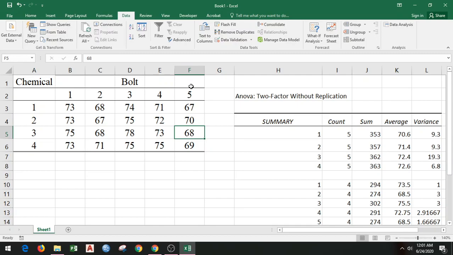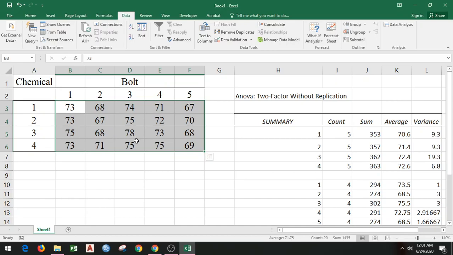So if there is no standard error, there are no differences in chemical agents, there are no variations in bolts of cloth. If we have that situation, that means each time we perform the experiment, we should get the same tensile strength, because there are no variations. So we should be able to repeat the same value of tensile strength in each of the experiments. But that's not the case here. We have different values. That means there is a variation. Now we are interested in studying the variation caused by various chemical agents, right? That we are interested in studying whether there are differences in these four chemical agents. That's the only factor we are interested in studying.